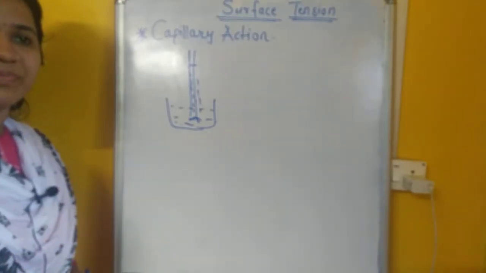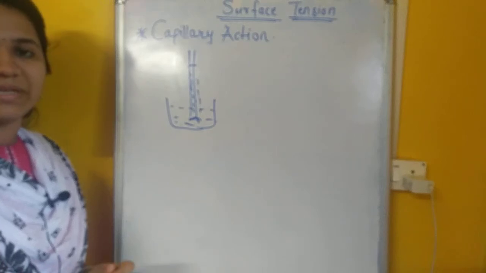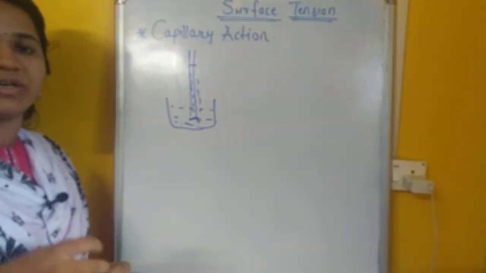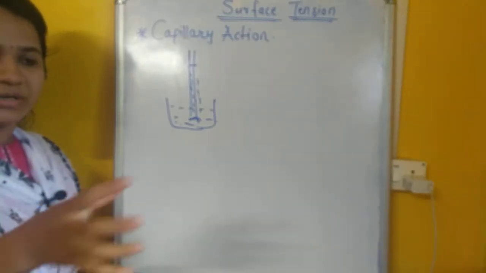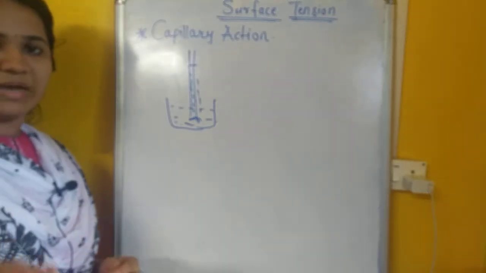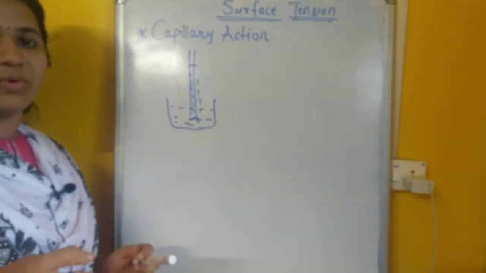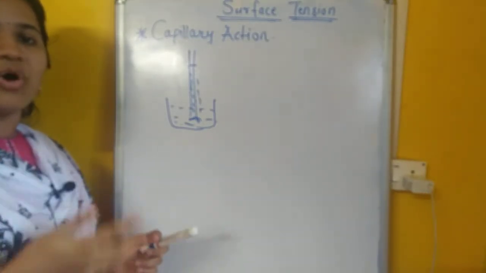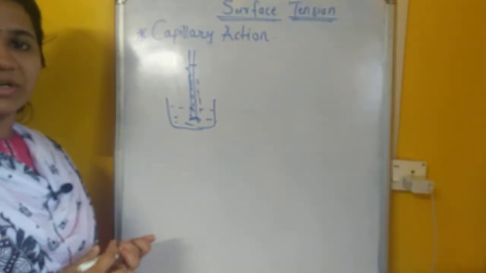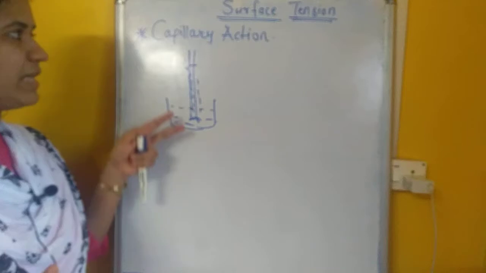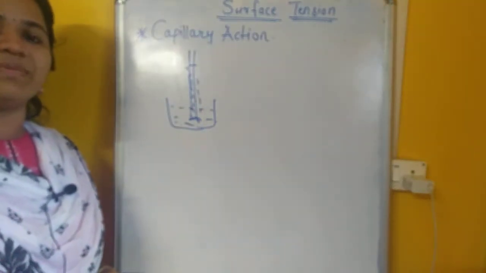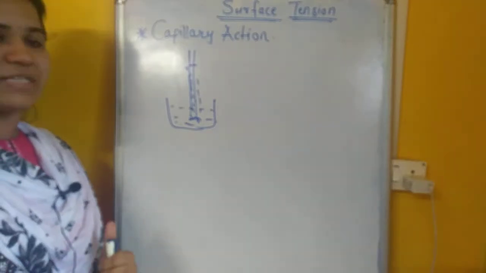So this rise and fall of the liquid level in the capillary tube is called capillary action. In daily life, an example of capillary action is clothes in soap water sucking the water, or cotton sucking oil, or a tree sucking water from its roots. All these actions happen against the gravitational force, and that is nothing but capillary action, the main principle of surface tension. So let's start one by one.